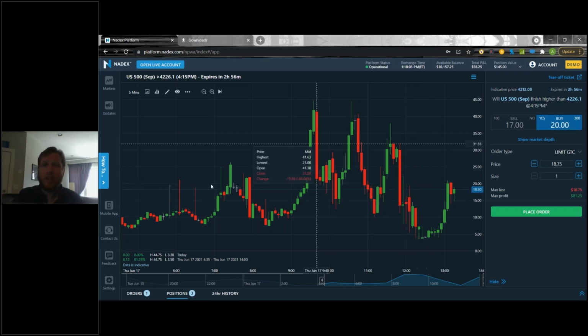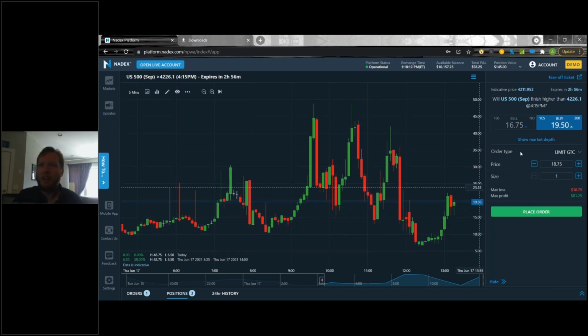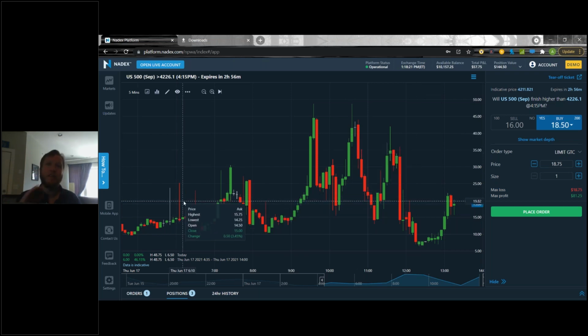So we can actually see the charting of the actual binary option. And here I will show you. Let's say we go to the ask. We can see it moves 1-to-1 as this is moving up. So this is the actual charting of the binary option itself. So you can see the price of the actual option that's trading, and not just the underlying.